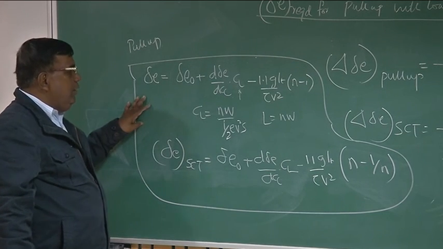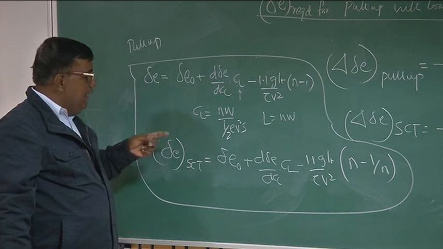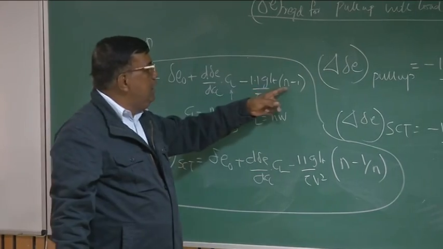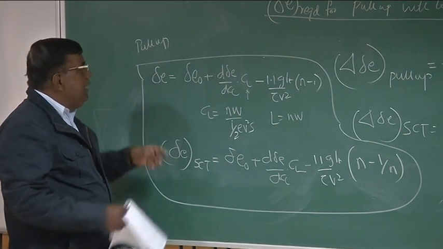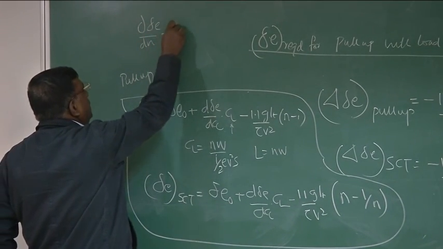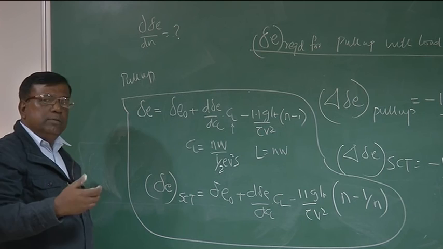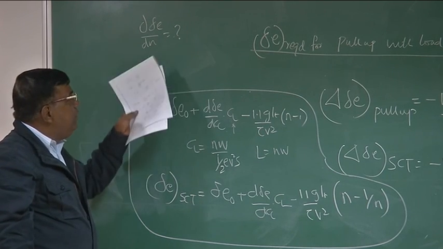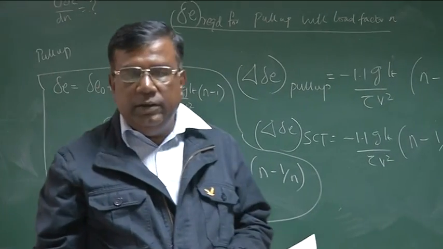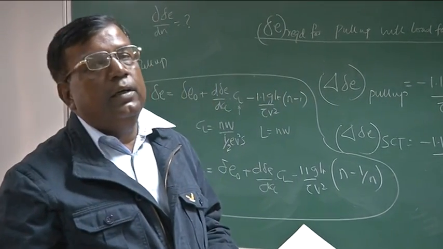From here, in the next lecture we'll try to find out what is that CG location at which d delta E by dn goes to 0, because for Cl I put n here, and here n is there. If I find this gradient, that is d delta E by dn, for different load factors, what is the gradient of delta E in terms of load factor increase or decrease. That derivation we'll find out, and we'll see something very interesting. We'll find there is a CG location at which d delta E by dn becomes 0, and that we will define as the stick-fixed maneuvering point.